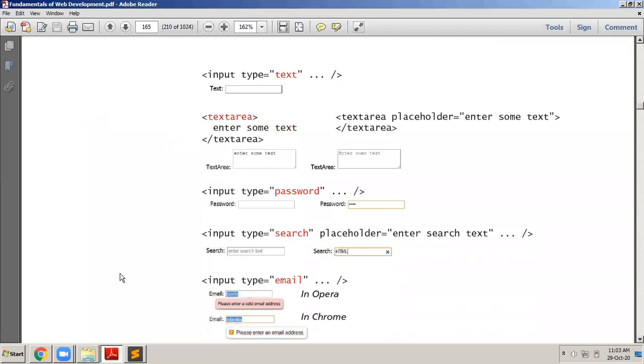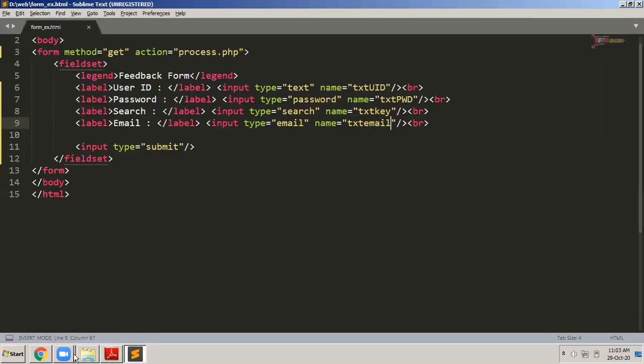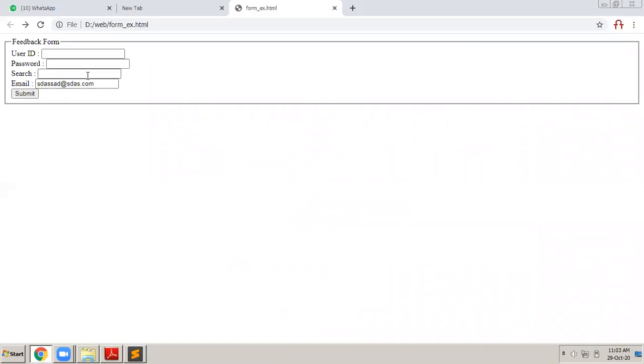So you can see all this here, input type is equals to password. You'll be able to see it like that. Input type is equals to search, enter search text here. So it will display you a